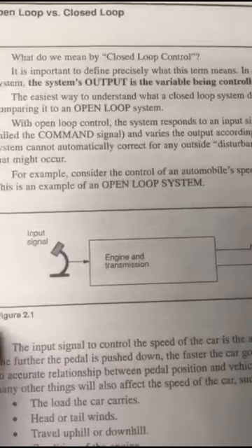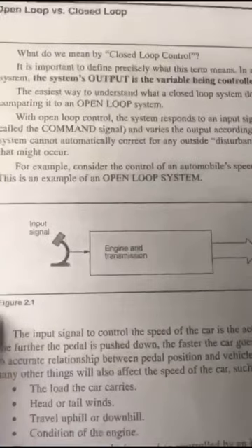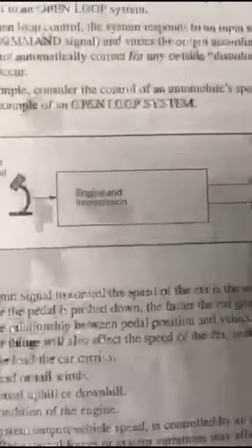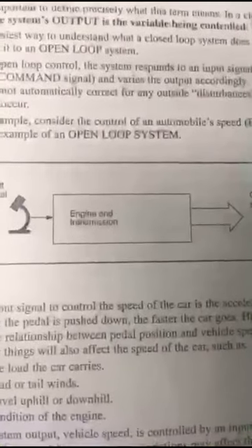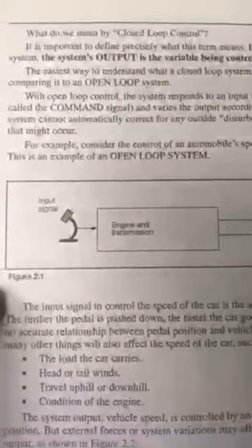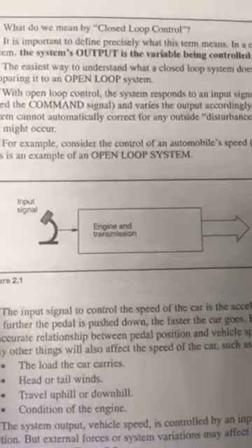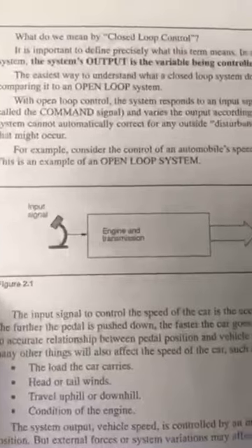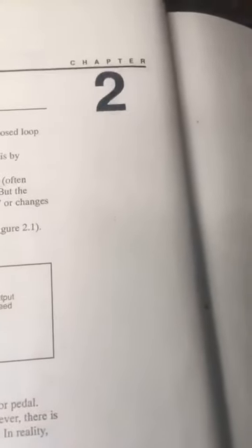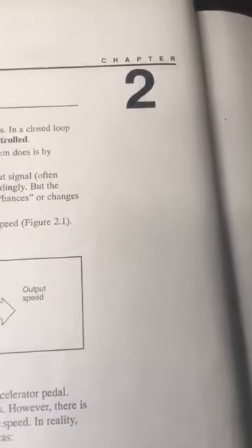What do we mean by closed loop control? It is important to define precisely what this term means. In a closed loop system, the system output is the variable being controlled. The easiest way to understand what a closed loop system does is by comparing it to